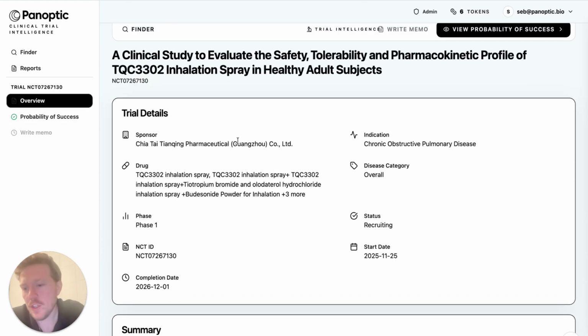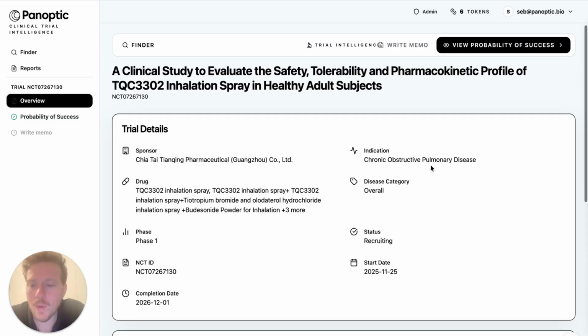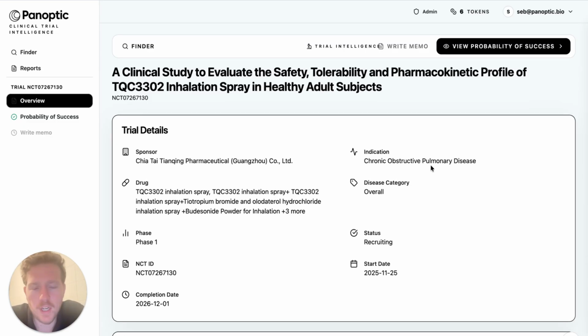So you're a U.S. or European company. You're building for chronic obstructive pulmonary disease. So that's a lung disorder, right? If I'm not mistaken, there's more than 10 million, about 12 million, in the United States that have this. And so you're a U.S. company, you're building this, but there's a competitor in China, and you want to see how their clinical trial is doing. It's in phase 1, and what are the odds it will go to phase 2? So the first